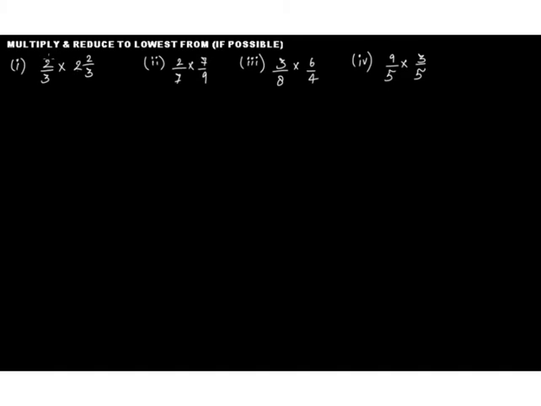In the second problem, we have to multiply and reduce to lowest form if possible. So let's take the first one. The first one is 2 by 3 times, this is a mixed fraction, so this is 2 whole number and 2 by 3 a fraction. Now we know that this 2 and 2 by 3 can be written as, since it is a mixed fraction, so we know that to write a mixed fraction in the form of